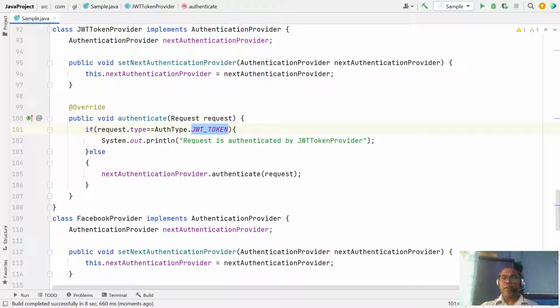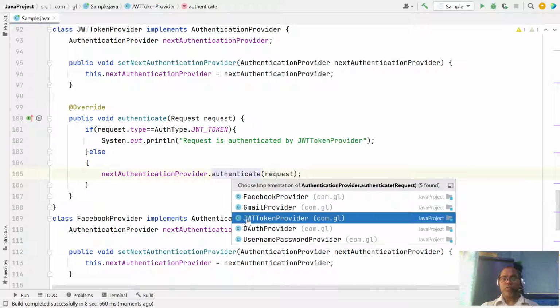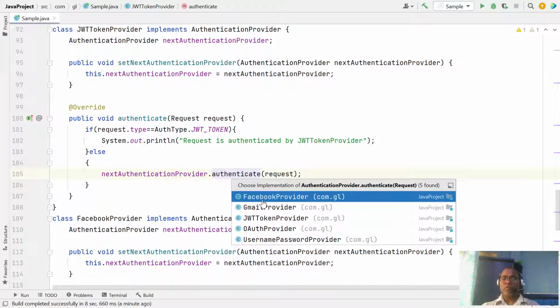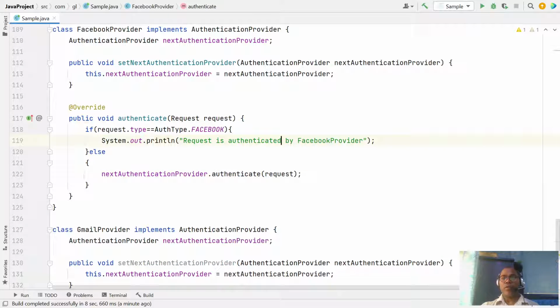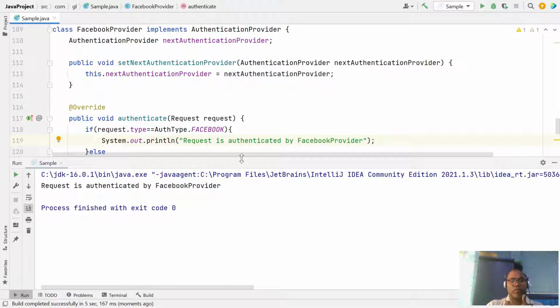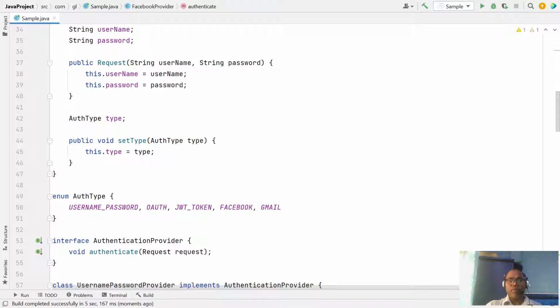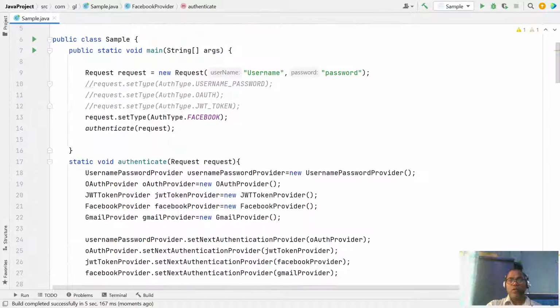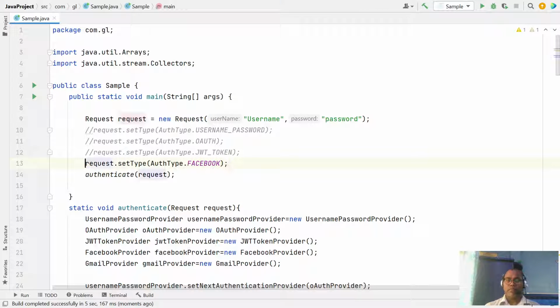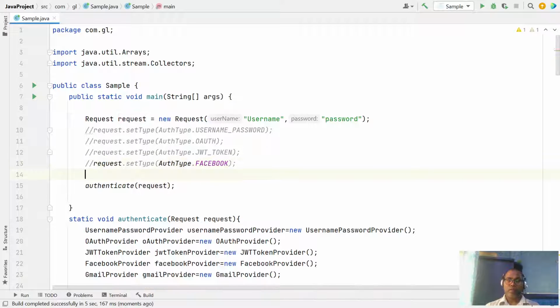I cannot handle, forward to the next, go to your Facebook provider, and now Facebook will handle it. If you run this code in this way it will work. So this request is served by multiple providers, or anyone can handle it. Similarly, Gmail.